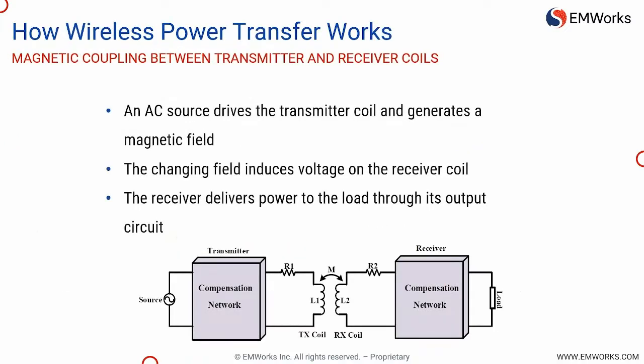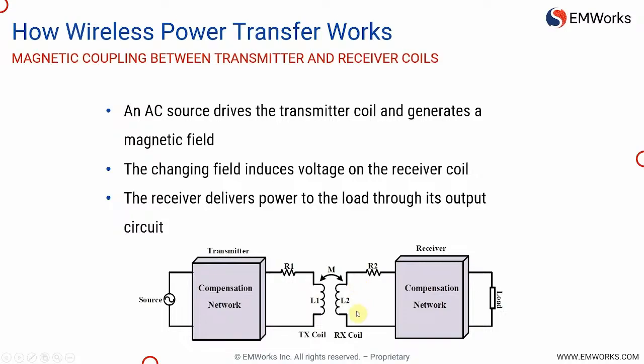In this slide, we explain how a wireless power transfer system works. A WPT system has two main parts, a transmitter coil and a receiver coil. The AC source drives the transmitter coil and generates an alternating magnetic field. This changing magnetic field links to the receiver coil and, based on Faraday's law, it induces a voltage or EMF